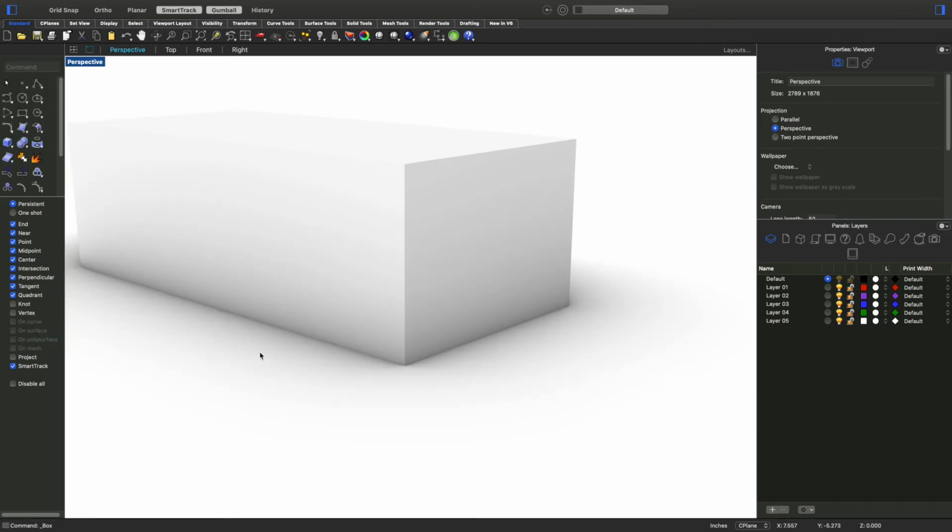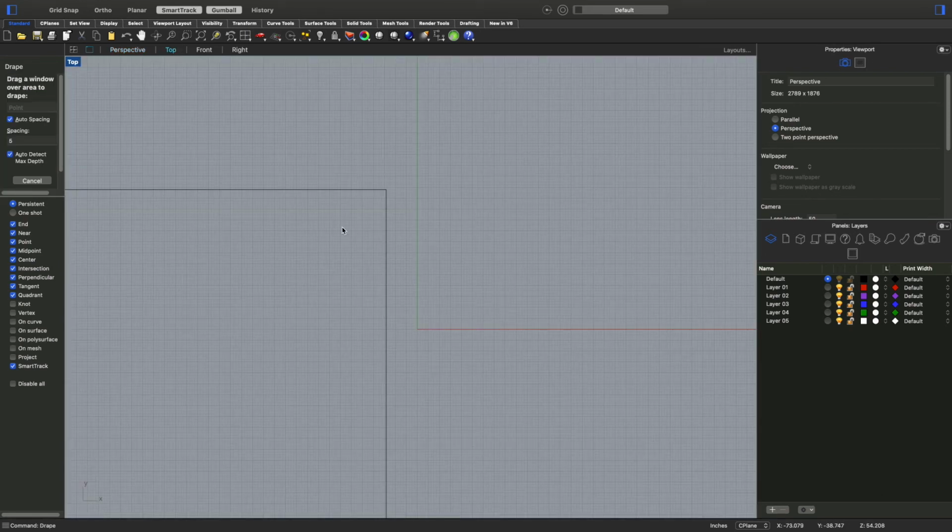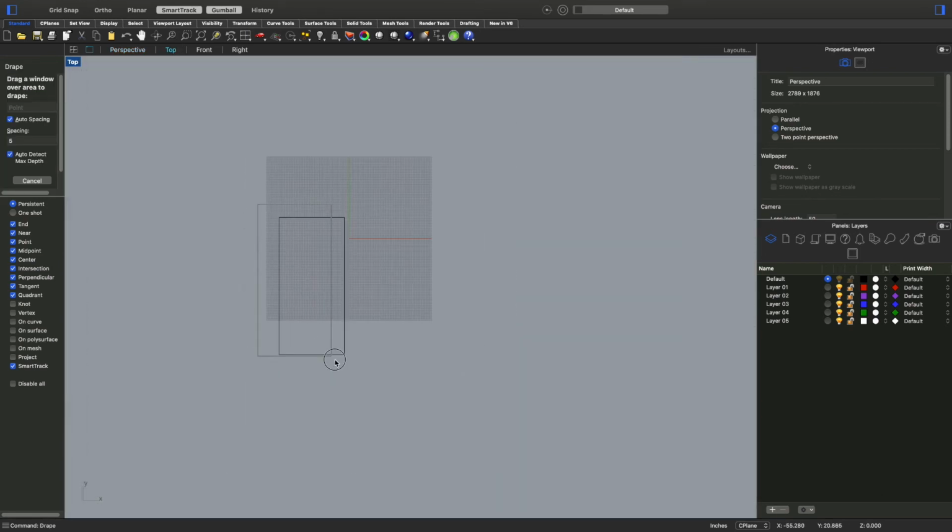and I wanted it to look like maybe a bed with sheets on it, I can use a tool called drape. So drape from a top view, and then I'm going to draw a rectangle over my object. And you can see the spacing right there. I could change the spacing, I could change the depth, I can kind of tweak this thing, but let's see what it does by default. So if I release that, go back into perspective here,